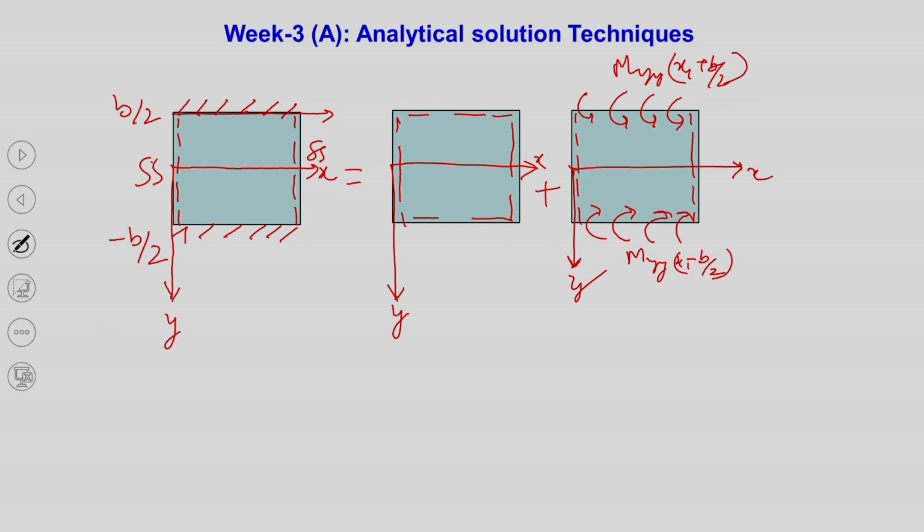So, a plate like clamped here, how do you solve that? Let us say it is divided into two parts. This is basically a Navier solution, all round simply supported, and this is the plate all round simply supported, but having some built up moment Mx and My. So, we can divide it into two parts and solve it.